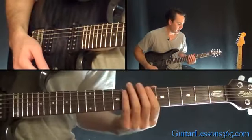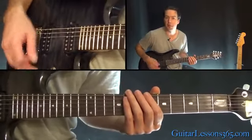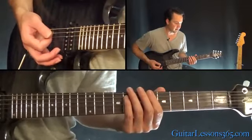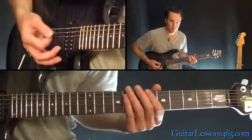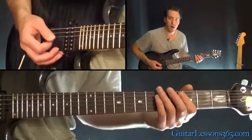Yeah, that one's fun. All right, so what's going on there? You start at the 6th fret power chord off the low E string, and then you play 6, 5, and then 6, 5, 4, and then 6, 5, 4, 3. So there's just all power chords. All right, and then we have